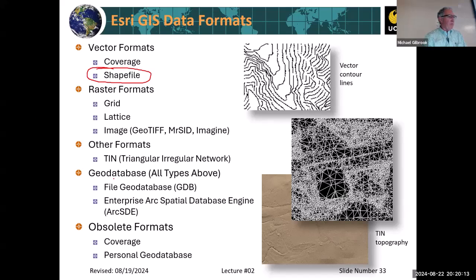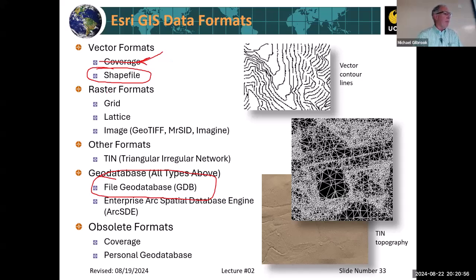into what we refer to as a file geodatabase format. Now we'll get into more about the details on that later. I'm just giving you the overview. Don't worry, we'll get into the detail. I'm not going to expect you to understand this from just this one slide. The coverage format is so ancient, ArcGIS Pro won't even open it. Now, if you find data in that format, we could go back to a previous version of the software, ArcMap, and then convert it. You want to try to stay away from that if you can, but sometimes the only way you can get something is in this format, so we still see that show up sometimes,